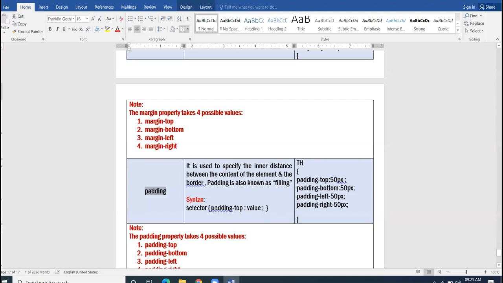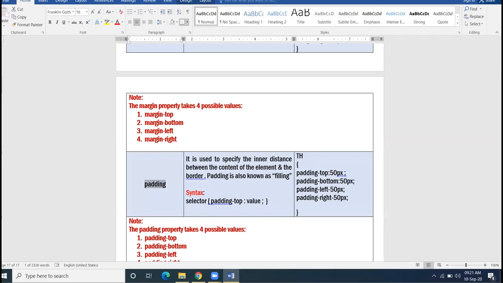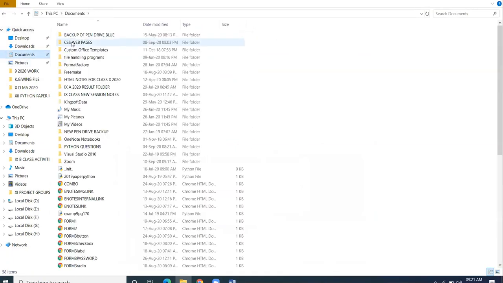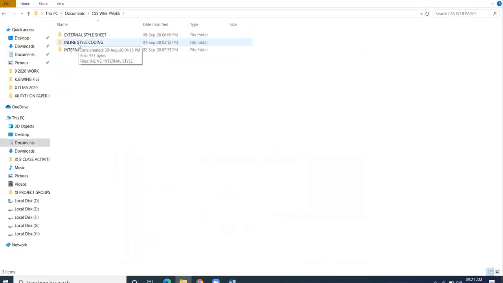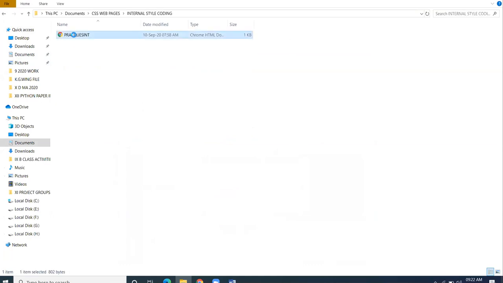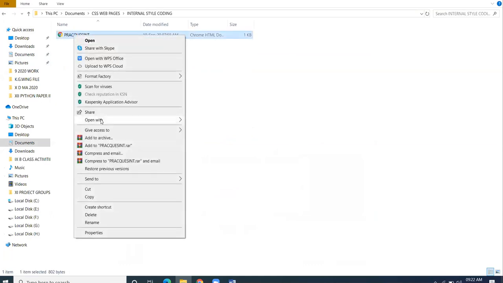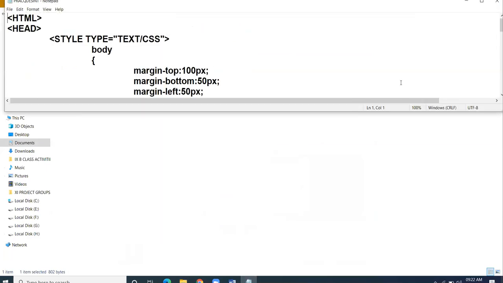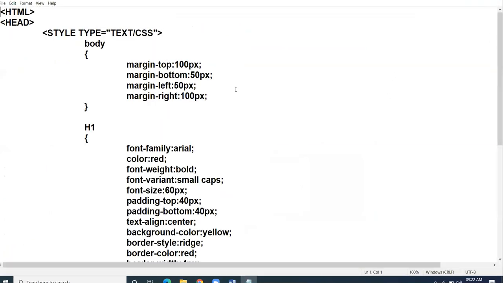Now these two properties, margin and padding, I will show you via HTML coding. I am going to open one web page that will highlight the use of margins and padding. Here in this coding, I have taken internal style. Why internal style?